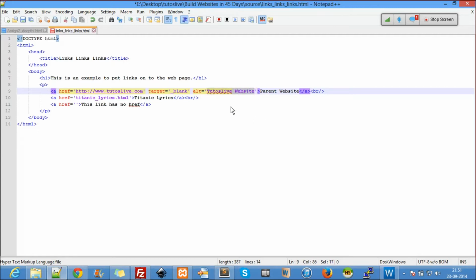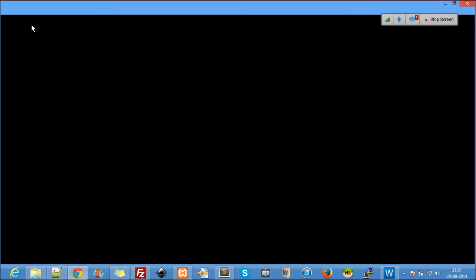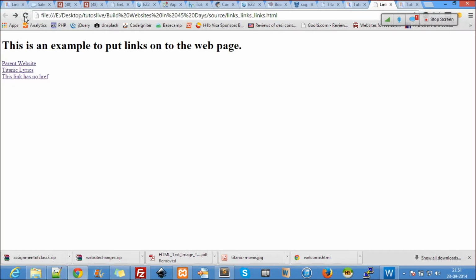That's how it gets to know. Like such, you can also give alt equal to link to Titanic lyrics. Let's refresh this. Now no change. It's just for SEO purposes.